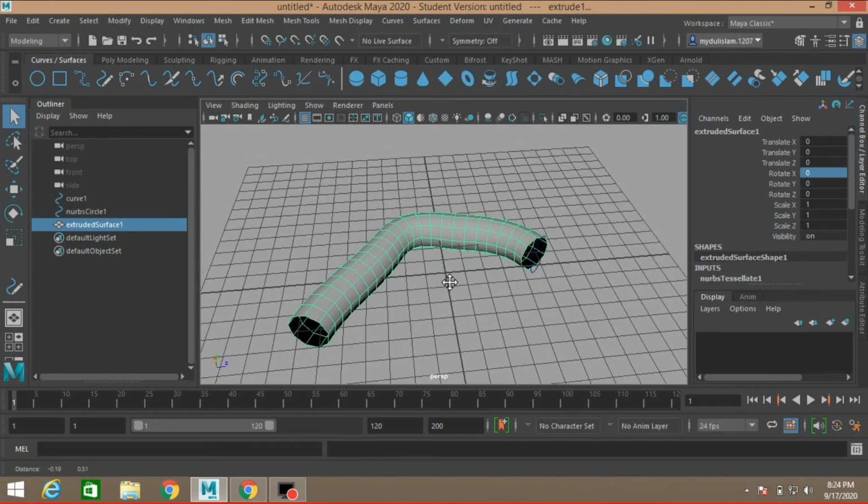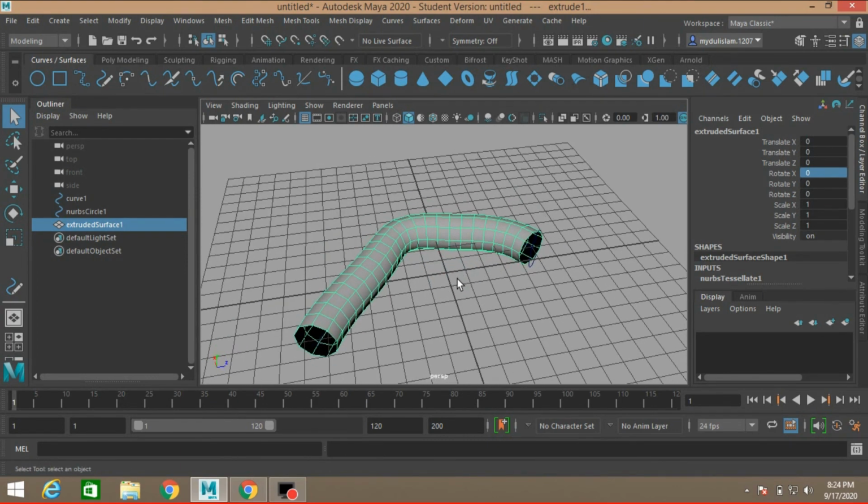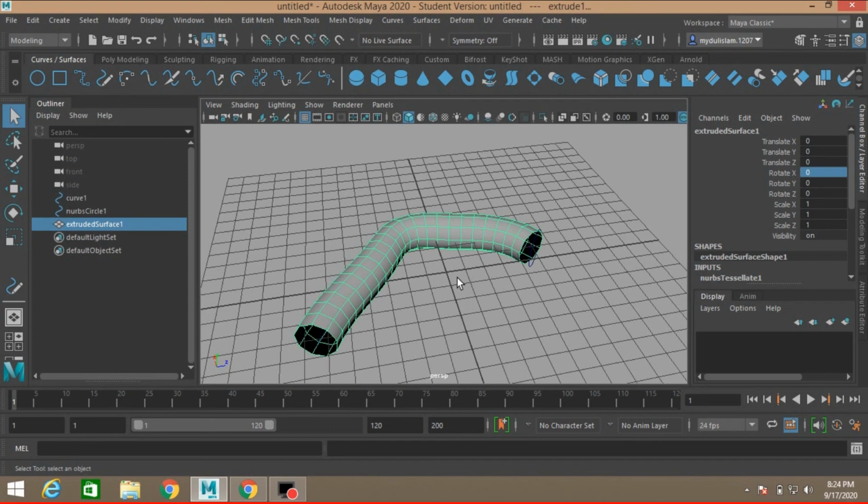You can do the same for all of the curves, that means CV curve, EP curve, 2-point circular arc, 3-point circular arc and the Bezier curve.